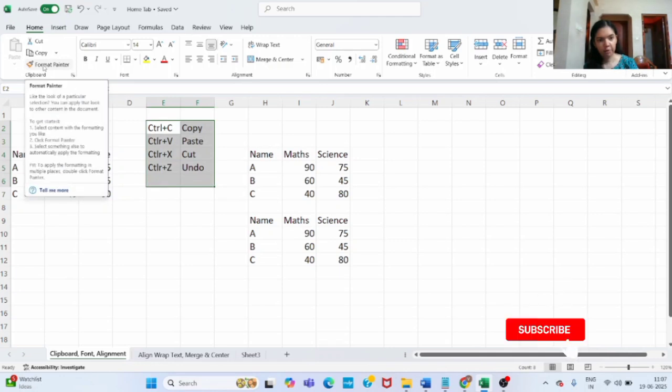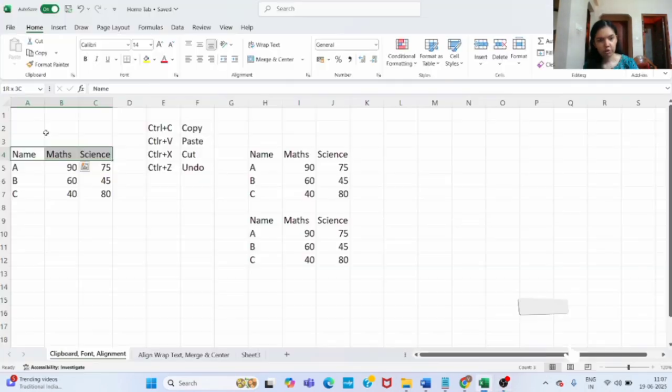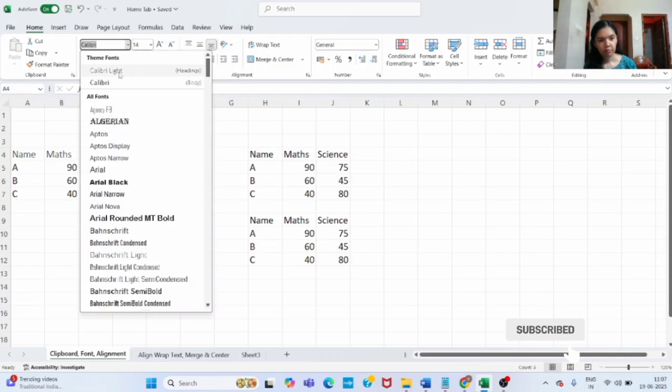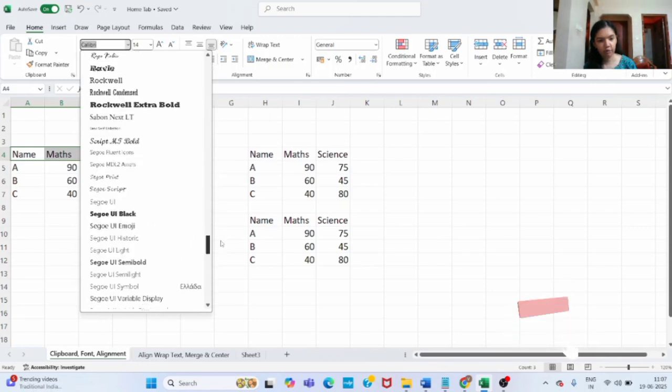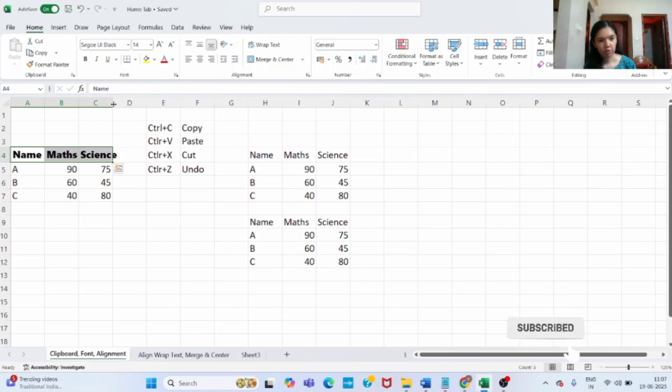And next feature we have here is Format Painter. So before showing this, first I will show how to use these font options and then we will use this Format Painter. So first I'll select this and here we have different font styles. So Arial, black. So different styles are there. Whichever style you like, you can make the font for that style. So suppose I will select this now.